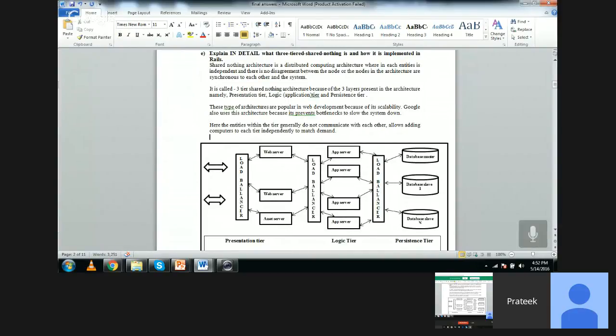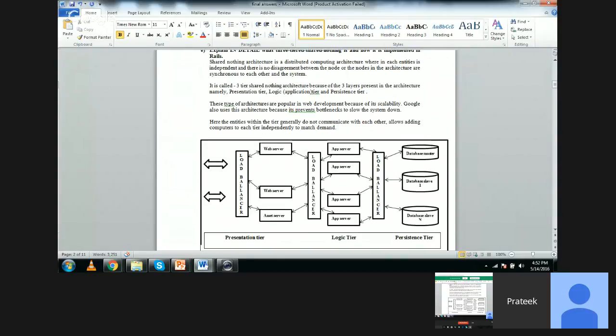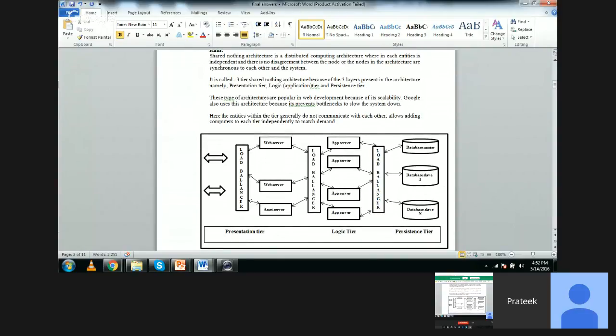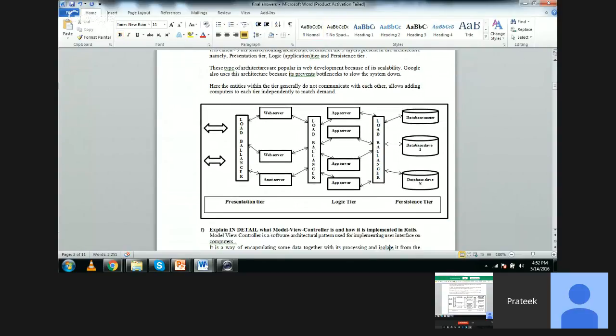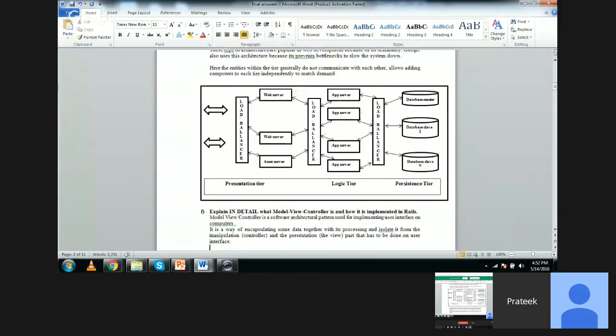And I think Pratik, you should add a little bit of explanation of this diagram. Okay, fine. Pratik, can you go a little below? The next question starts. No, next question. I just want to pinpoint, go on the question again.